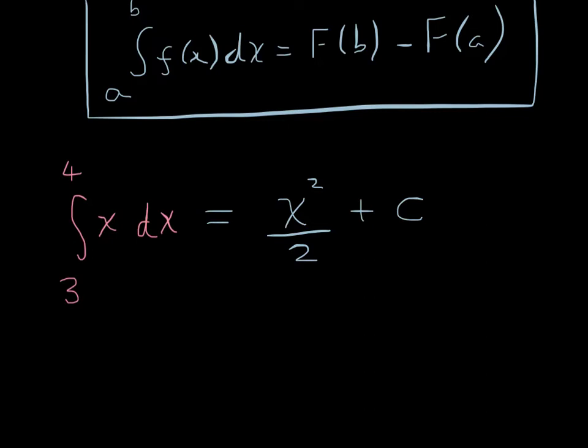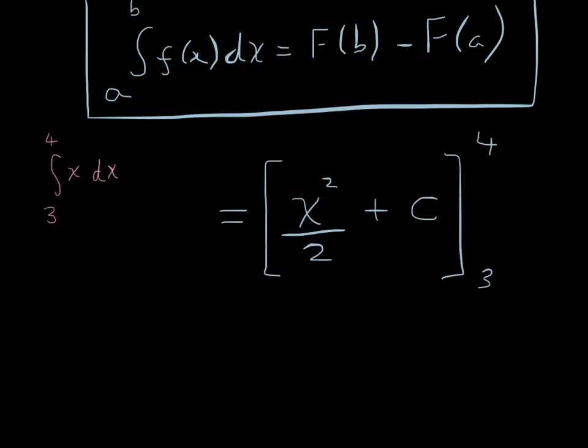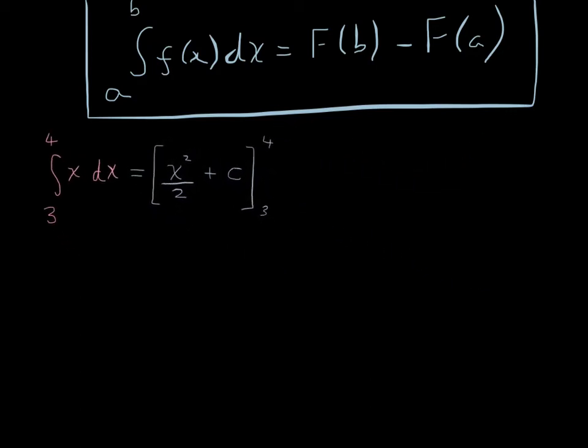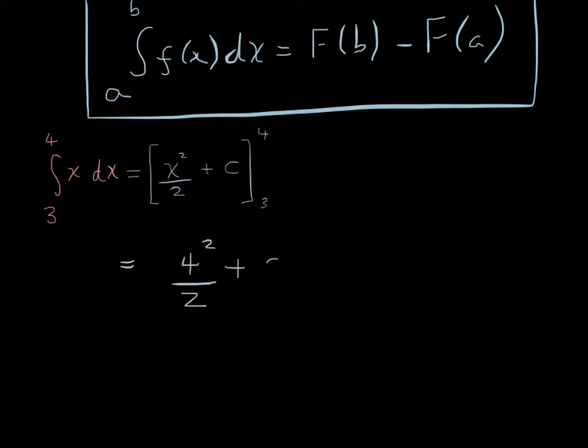Now we need to actually evaluate this at the points 3 and 4, and the way we write that normally is with a square bracket with a 3 and a 4 on the right hand side. Let me just shrink all this down. So when I say evaluate, that means we actually need to substitute in the numbers 3 and 4, with the 4 coming first. So we get 4 squared over 2 plus c, and then our formula says minus F of a, so minus the function at the lower limit, so minus 3 squared over 2 plus c,